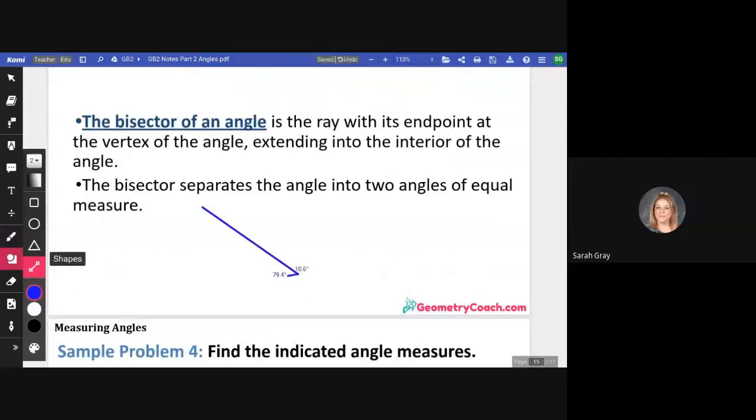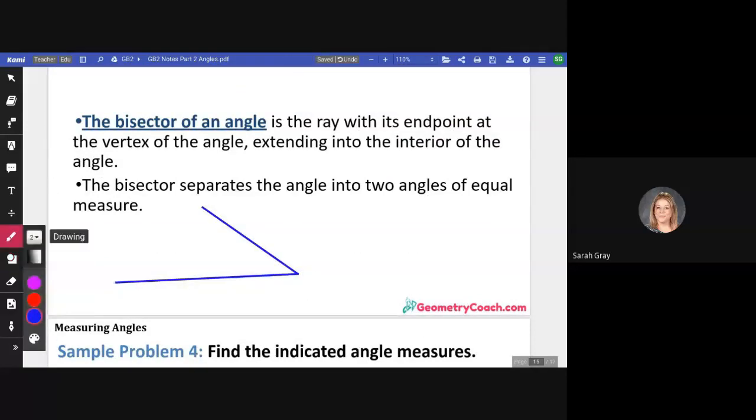Okay, segments had bisectors, but so do angles. The bisector of an angle just cuts the angle right down the middle through the vertex. So not like this. We are going to cut it straight through the vertex, like so. And then now I know these two smaller angles that have just been formed are going to be the same measure, because the original angle was cut into two equal pieces. So we can mark that